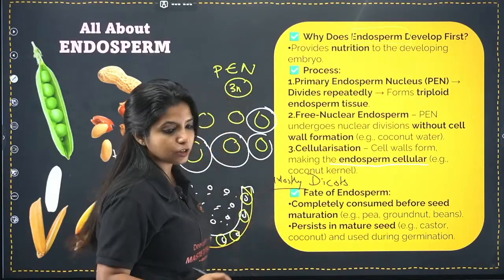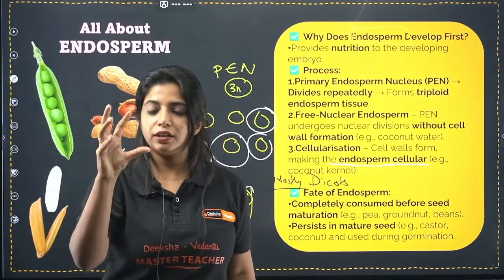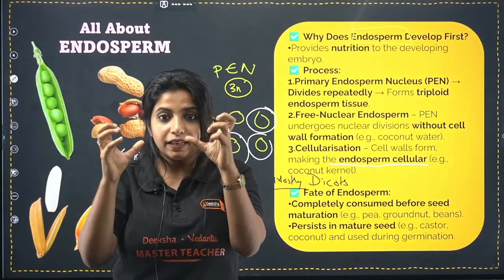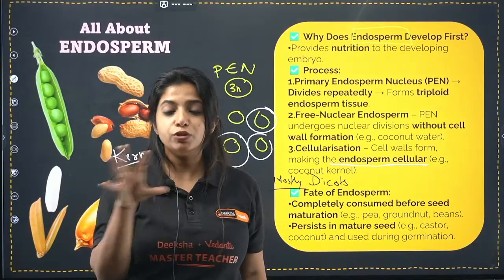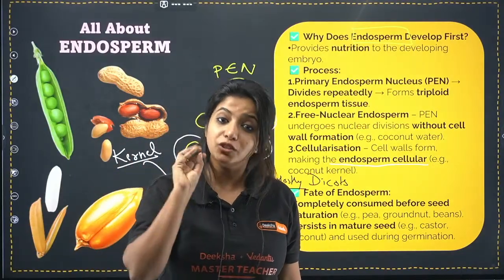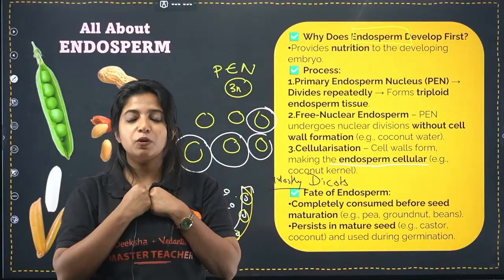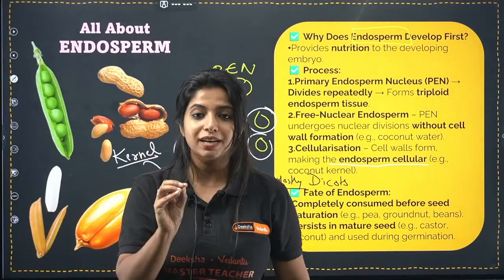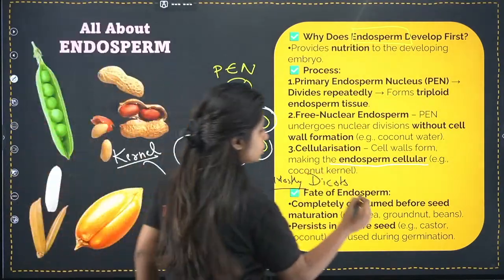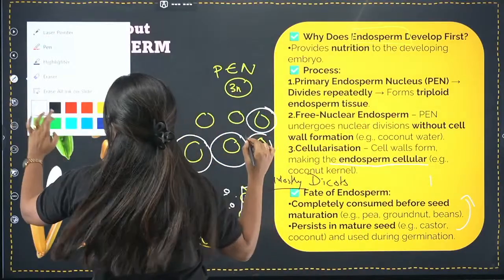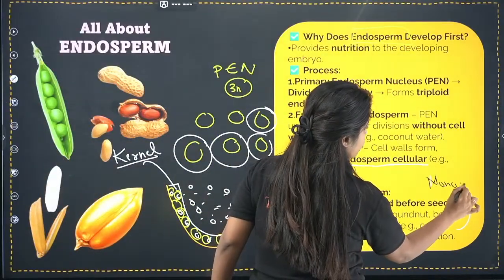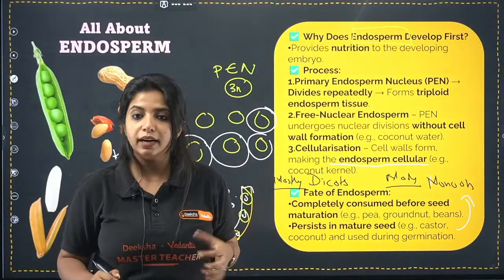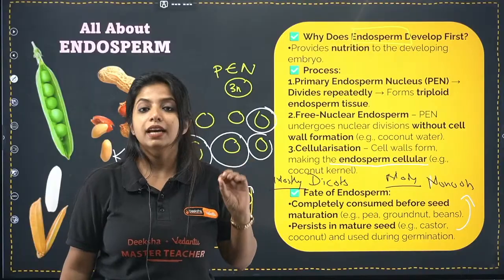What do you mean by dicots? Dear children, just imagine, over here you have a peanut, or groundnut. You can break it into two, right? So you usually call them what? Dicots. And dicots are usually the ones where the endosperm is completely utilized for the formation of the embryo. In the other case, mostly there are monocots, where the endosperm is a little bit left behind. Some of it is utilized, but a little bit still stays there in the mature seed as well.